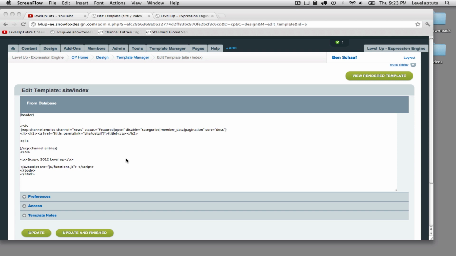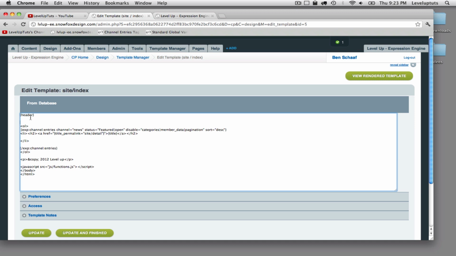So in the last video we covered a snippet, and what we did, if you remember, is we pulled the header into a snippet. And again, you want to use a snippet when something contains PHP and expression code. You want to use a global variable for static content, or mostly static content. The reason why is because global variables are parsed